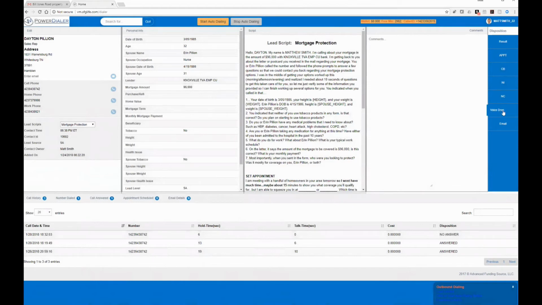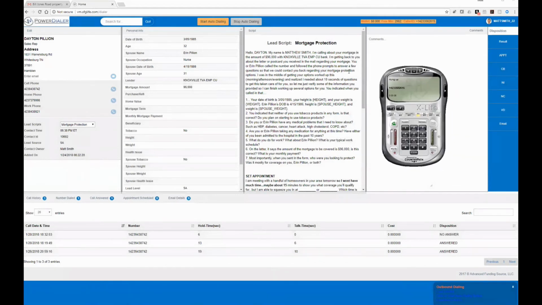This is that voice drop feature I was telling you about. You'll notice I have the auto dial feature set instead of click to dial, so these are grayed out. I can't call them now because it's set to auto dial. I've set it to auto dial the cell phone 3 times, the home phone 3 times, and the work phone once. So if I click auto dial,